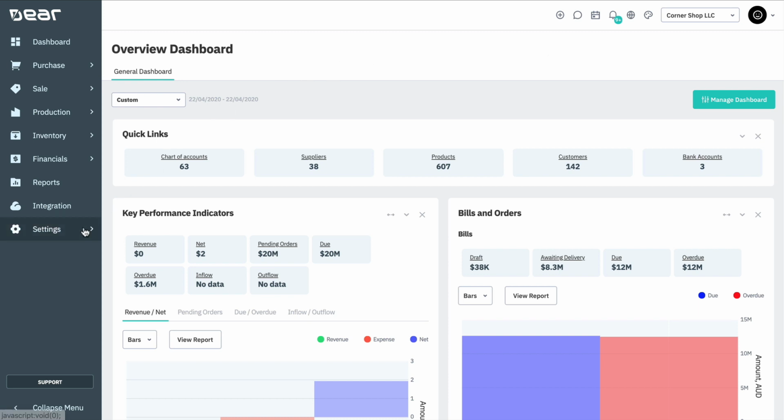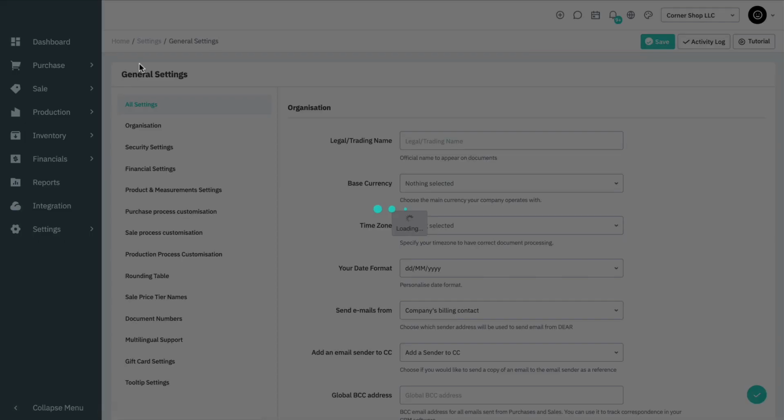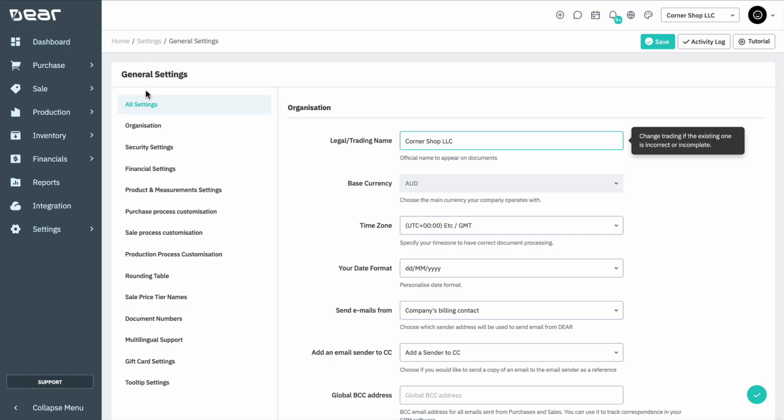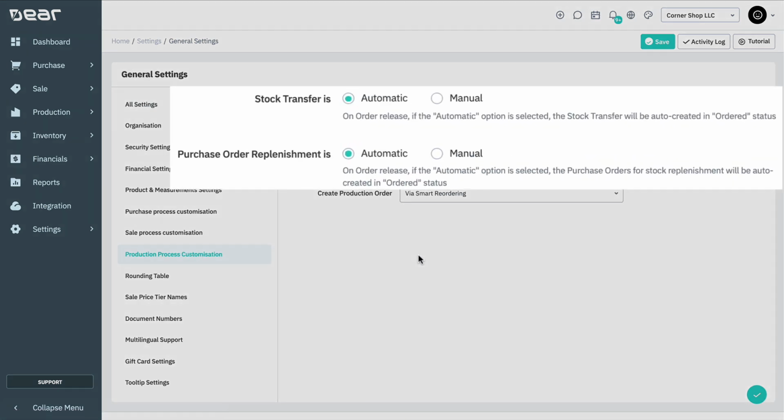This can be configured in Settings, General Settings, Production Process Customization. When the purchase order replenishment is set to automatic, a purchase order will be automatically generated for the out-of-stock components when the production order is released. When the stock transfer and purchase order are set to manual, they'll need to both be created manually for the